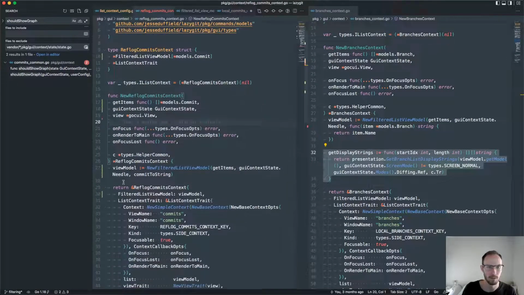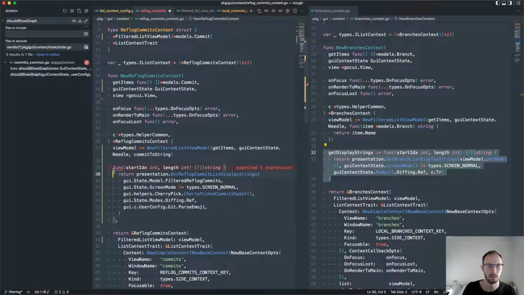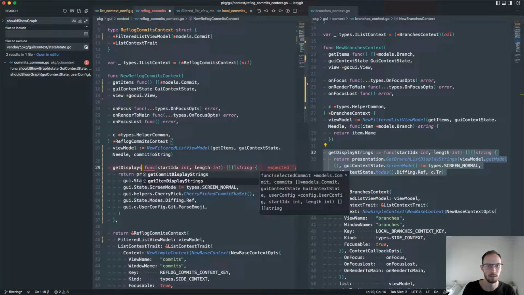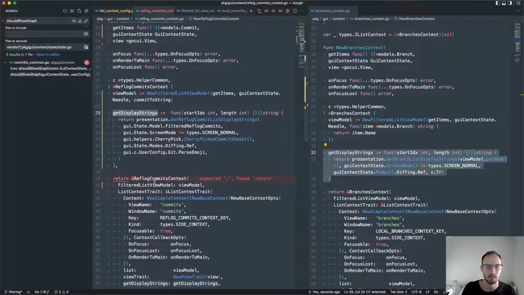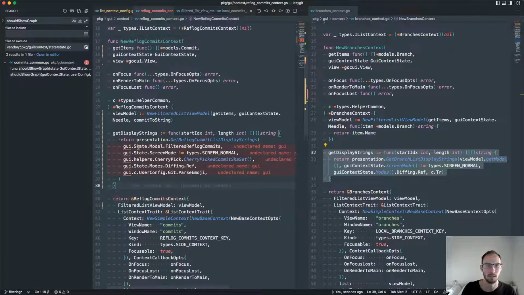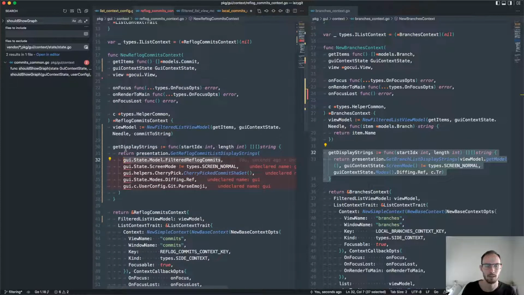That's better. Cool. Let's see, filtered reflog commits. That's just going to be